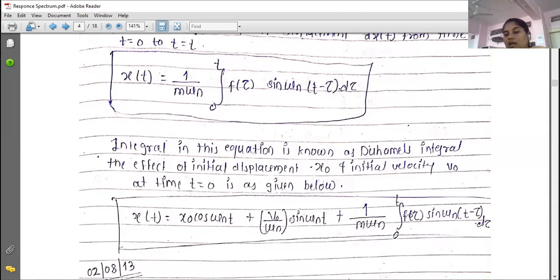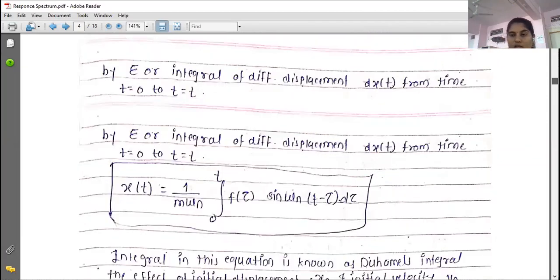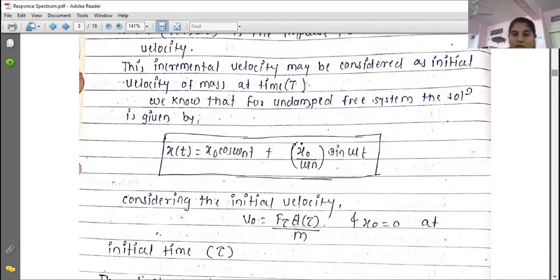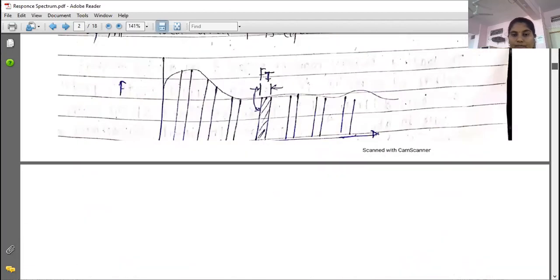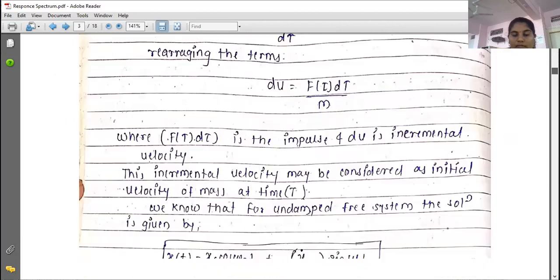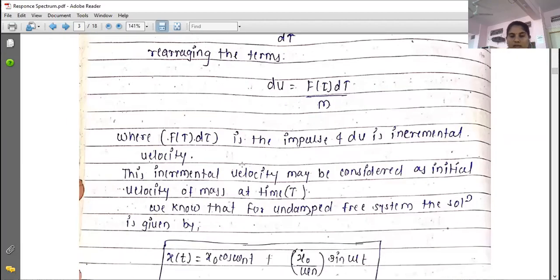So t and this τ both are times, but there are differences with respect to the dτ. So that is the Duhamel's integral, and we have to use this equation for calculating the different loading conditions, at a rectangular loading and at a triangular loading. So I request all of you, please write down short notes about this Duhamel's integral, so we can move forward for the different loading conditions.